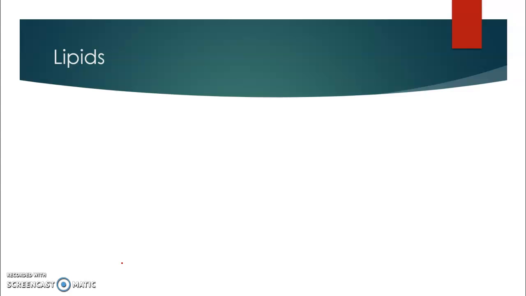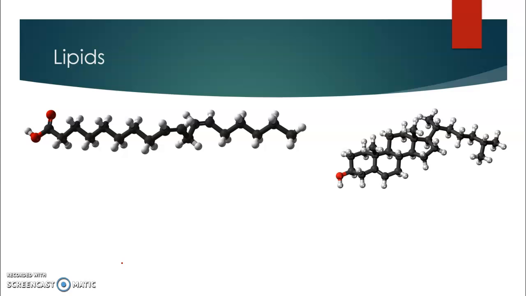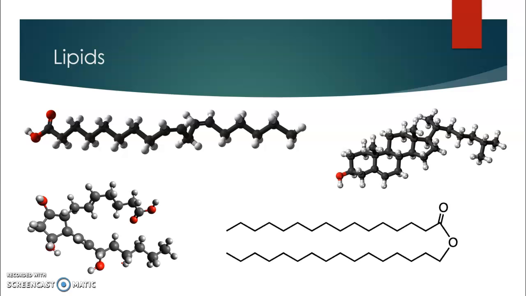So let me start by just putting up some structures. I have some ball and stick models, and then even just a line formula of some lipids. So taking a look at those, take a moment to just think, what do you notice about them? There's a couple things that I notice. If I'm assuming black is carbon and white is hydrogen, then it's mostly hydrocarbons. We got mostly just carbon and hydrogen, and that tells me a couple things about it. It's going to be largely nonpolar. It's going to probably store a lot of energy, just because we know that those organic compounds are highly combustible. It's even one of the definitions of organic compounds in the first place.